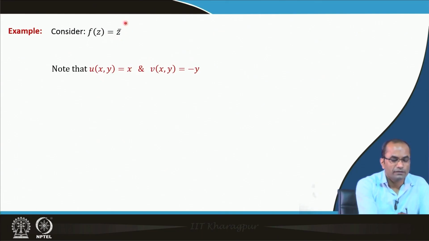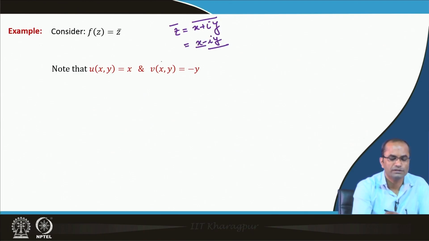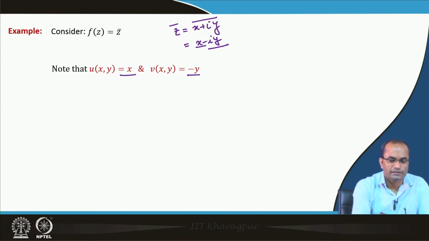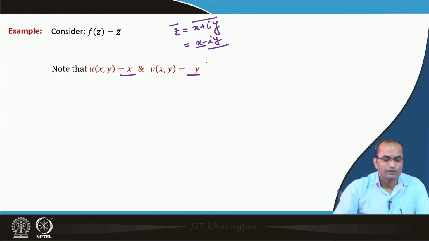Here we can break this function into components. Here z bar, so z is x + iy, and the conjugate is x - iy. So, we have u equal to x, and for v, the imaginary component, we have y with a minus sign, so v = -y. Now with this u and v we can check the